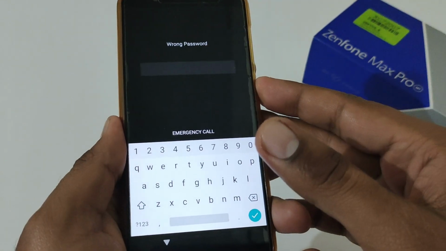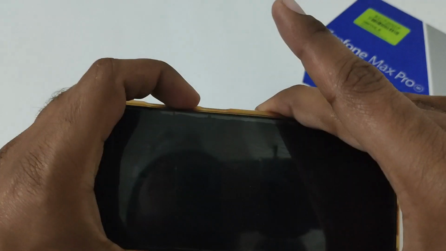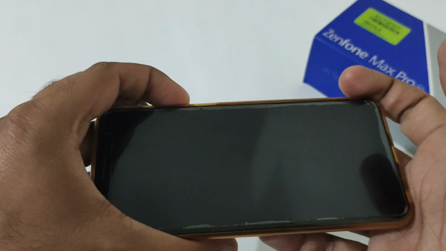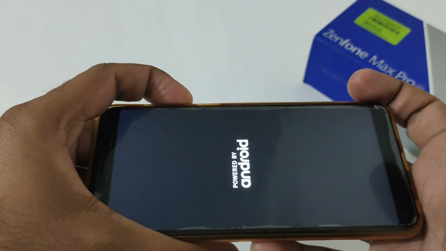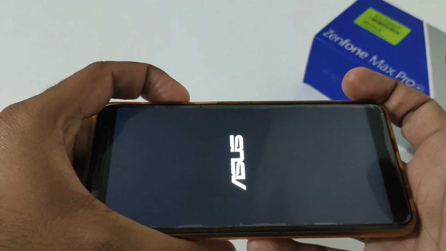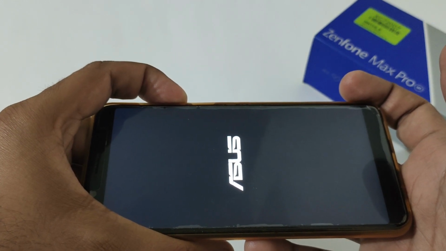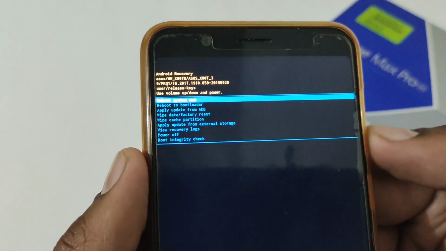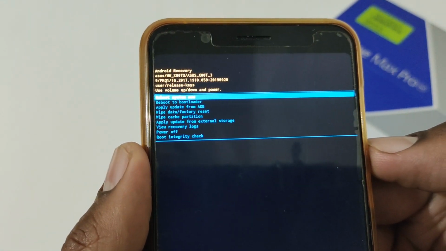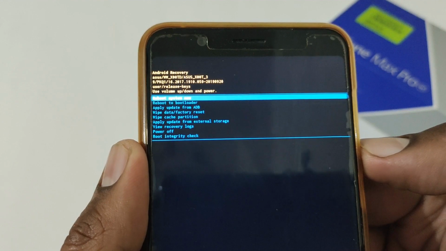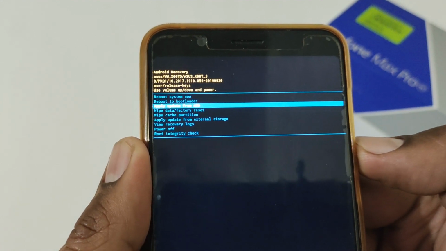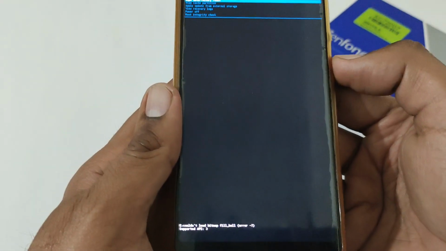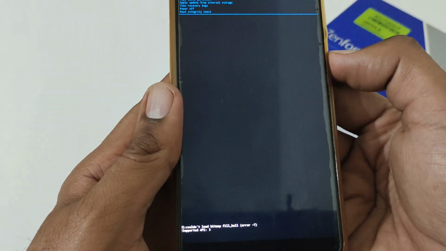So for now again we have to restart our phone and keep on pressing the volume down button until we boot to the stock recovery mode. Again it will take 5 to 6 seconds to successfully boot into the stock recovery mode, and afterward we'll do step 2. For step 2, we have to select the fourth option from the top. The first option is already selected, so we'll go to second, third and fourth, which is wipe data and factory reset. This will reset your phone, also known as a hard reset.